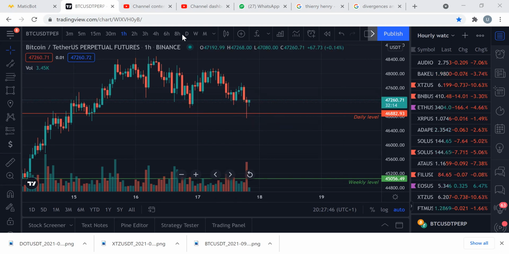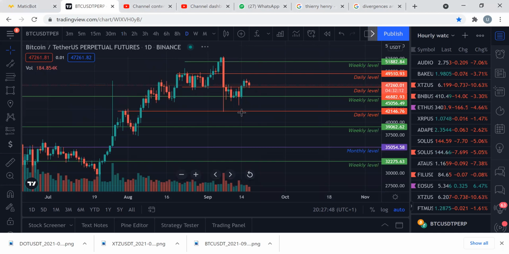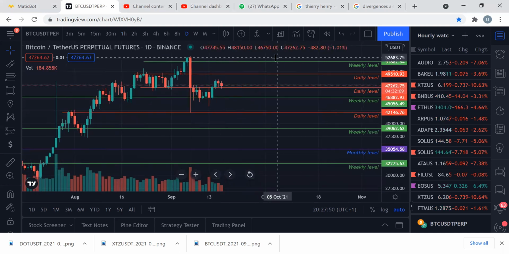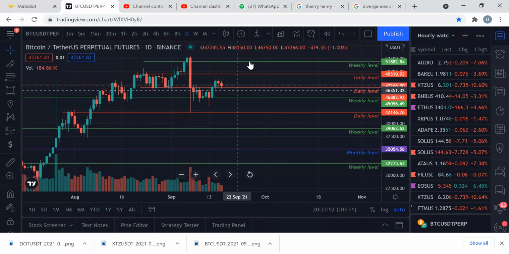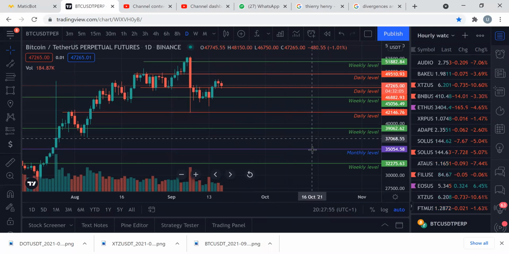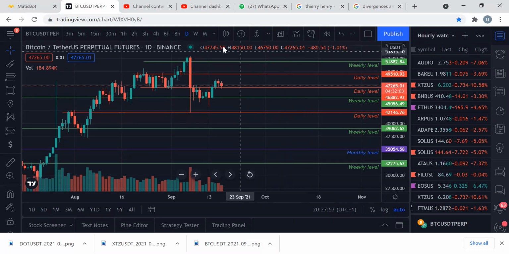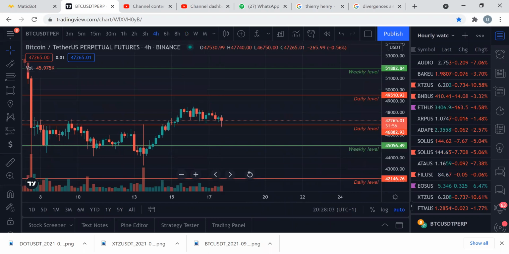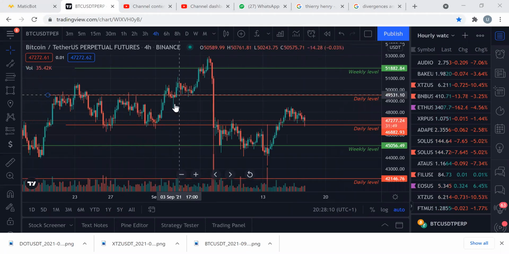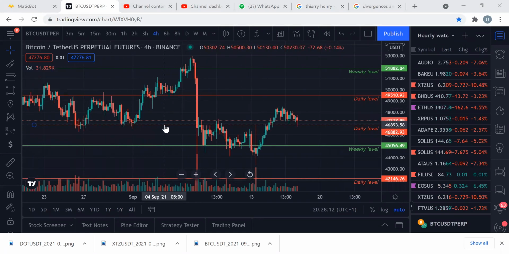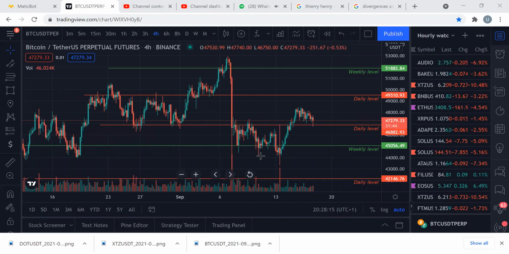Okay, now, yesterday we stopped at the daily. I believe you all know how I got all these lines. And so after doing it on a daily time frame, the next thing is to go down to the 4 hours time frame. You go down to the 4 hours time frame, then you can see the ones that you can also mark out on the 4 hours time frame. Remember,